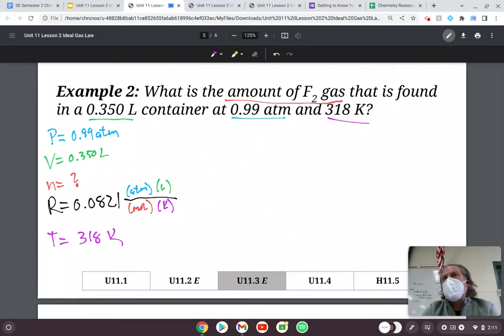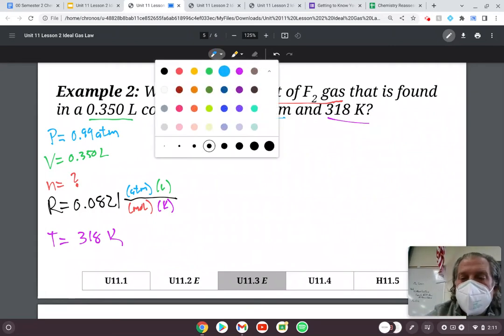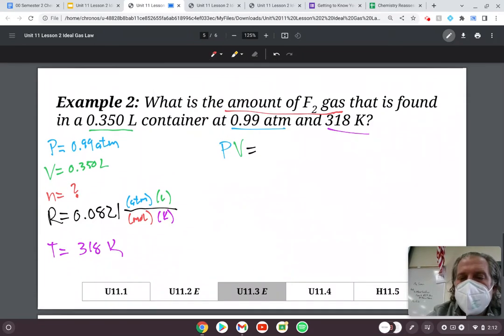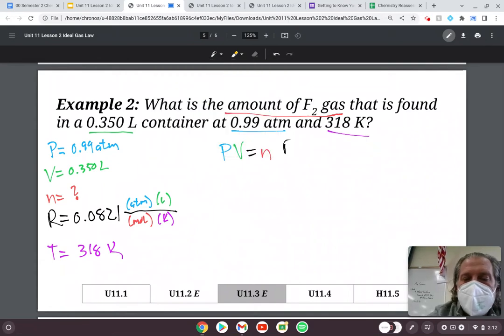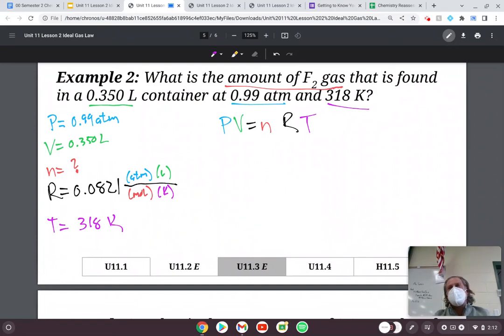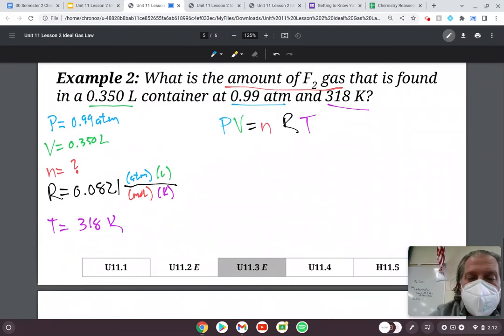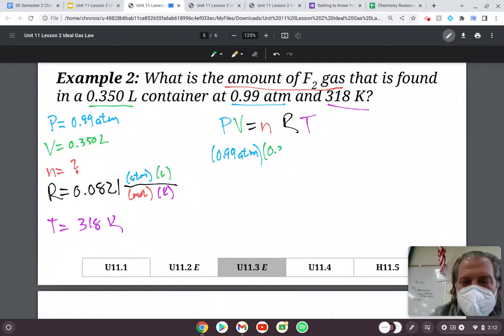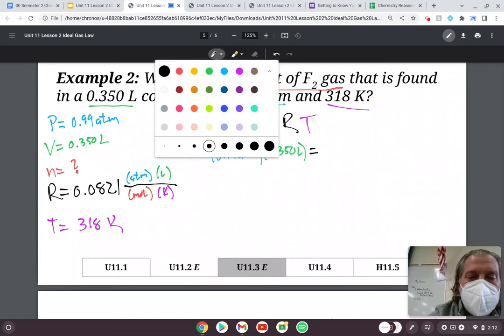So just like we did before, I'm going to write my formula, which will be PV equals nRT. And I'm going to substitute in the values that I know in an effort to solve for what I'm looking for. So in this problem, the 0.99 ATM is my pressure. The 0.350 is my volume. The number of moles is what I'm solving for, so I'm going to leave that as